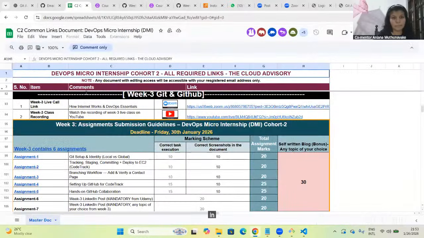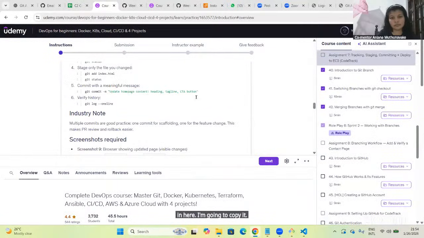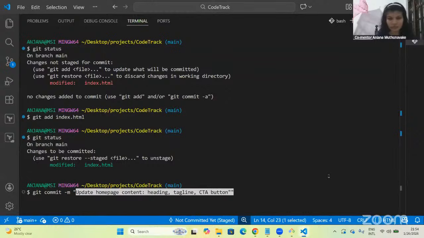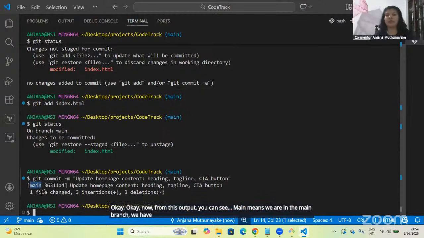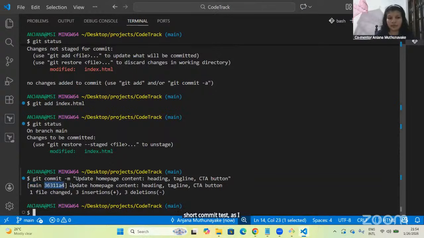in here. I'm going to copy it. Okay. Okay, now from this output you can see main means we are in the main branch. We have done our commit in our main branch, and this is the short commit hash. As I told earlier, this is our commit message, and it is saying one file changed, 3 insertions and 3